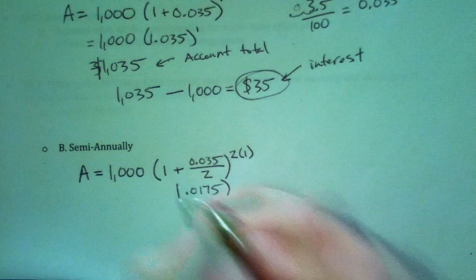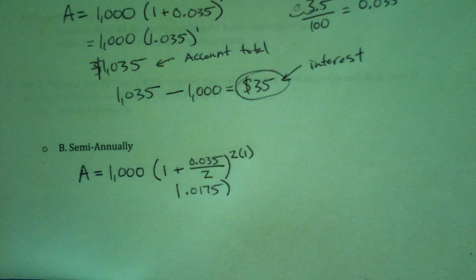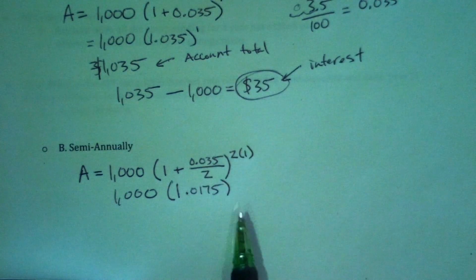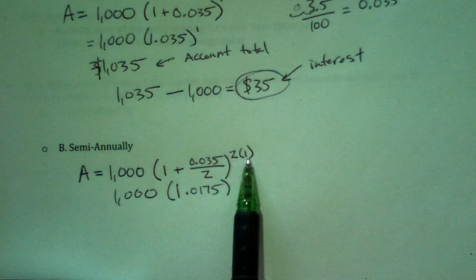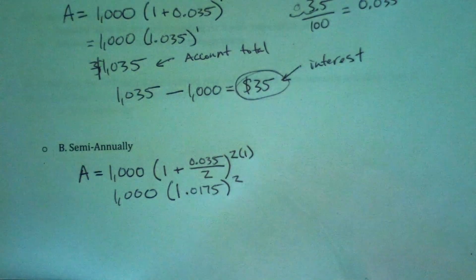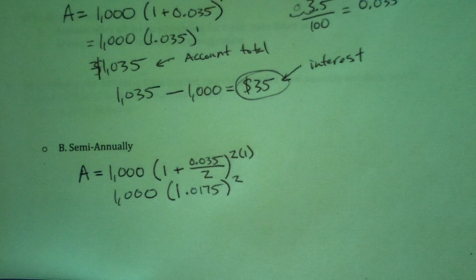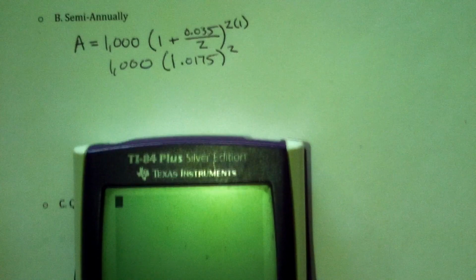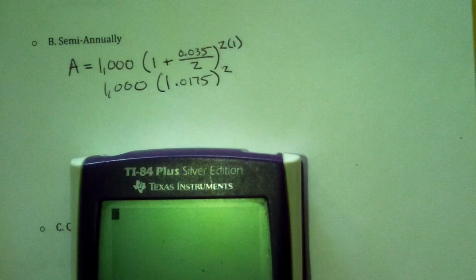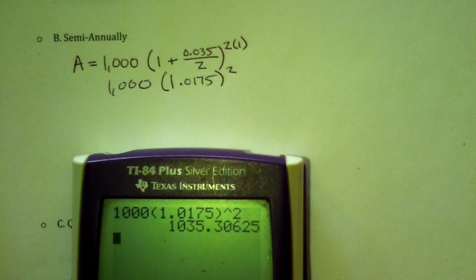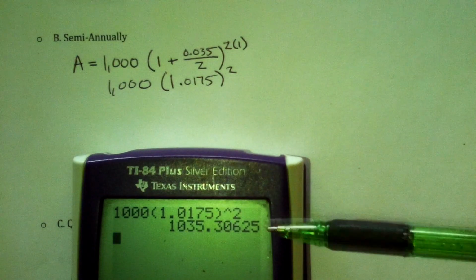And then again, to find the true interest that we're making, we would just do our $1,035.30 minus our $1,000, and that would kick us out $35.30. So in the big scheme of things, it's like, okay, well, you're making an extra 30 cents. But if you're putting hundreds of $1,000s in the bank, or more than $1,000, which to you guys $1,000 seems like a lot of money, $1,000 is not a lot of money. When you put lots of money in there, that 30 cents means a lot more, okay? Because that would go up quite a bit. So it seems like it's not a big difference, but this is still a better deal than the other one,